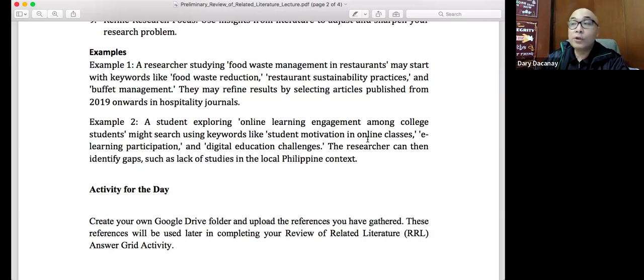So yung mga journal articles, yung thesis dissertations, and many other references, okay, you will have to convert them later on in a table, which I will be sending most likely by next week for you to complete. Now, as part of your chapter 2, which is the review of related literature, I will also teach you how to do your theoretical framework and conceptual framework. When we're done with the review of related literature, we will go back to chapter 1 and be able now to do your significance of your study, your scope and delimitation, and the definition of terms.